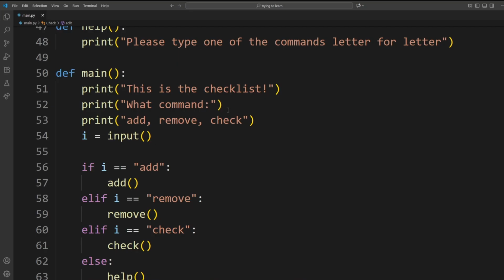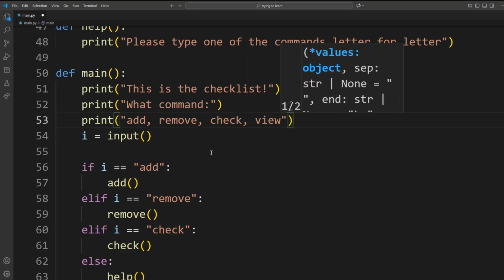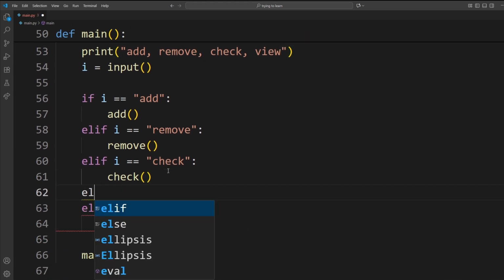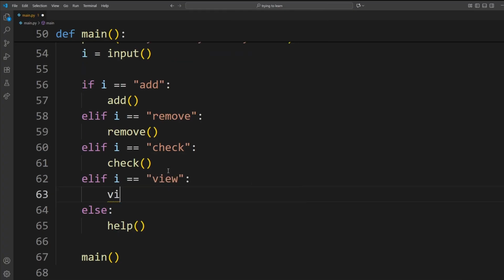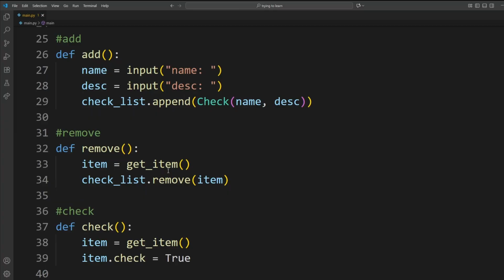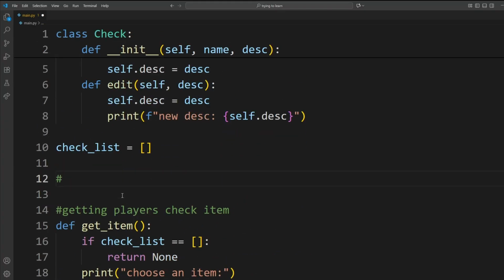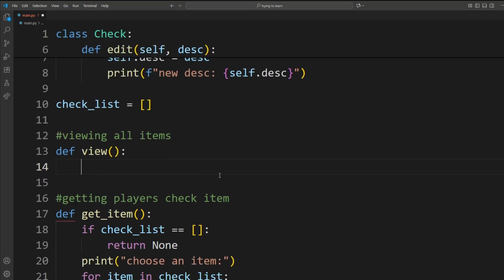And now one last command I'm going to make is I'm going to make a view command so we can actually see all of the items and whether they're checked or not. So I'll go here and I'll make another elif I is equal to view. And then I'll make a view function. And let's go up here. And at the very top, we're just going to view every item in the checklist. So define view. And it's just going to be for I in checklist,